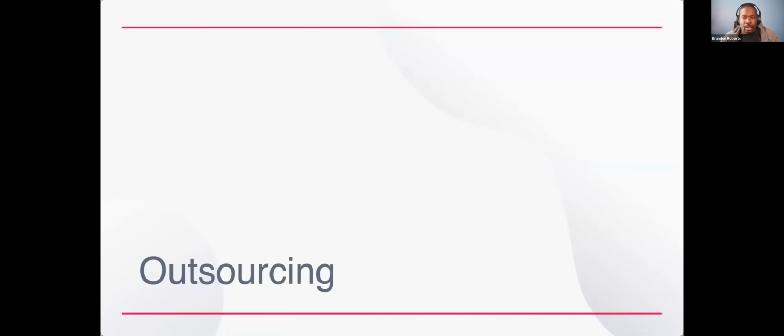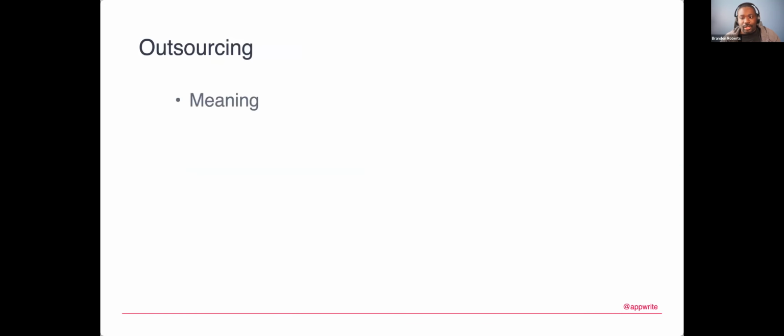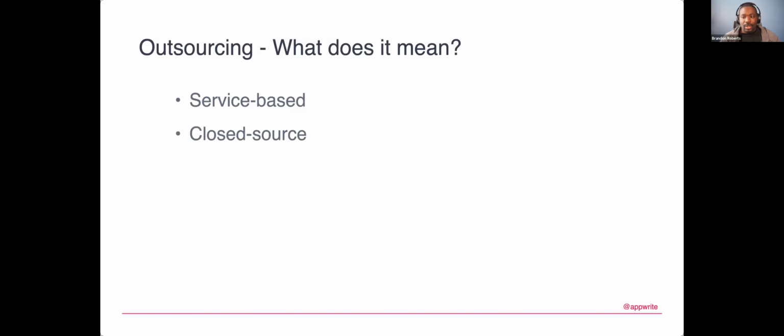So we'll talk about outsourcing your database, and I mentioned we'll talk about what that actually means as far as outsourcing, and cover some of the pros and some of the cons to this approach. What does it mean to outsource your database? At a basic level, it means to choose a service or provider that you don't have primary control over. It can mean that the provider you use maybe uses open source, but the product itself is closed source, so you don't necessarily know what else is happening there.